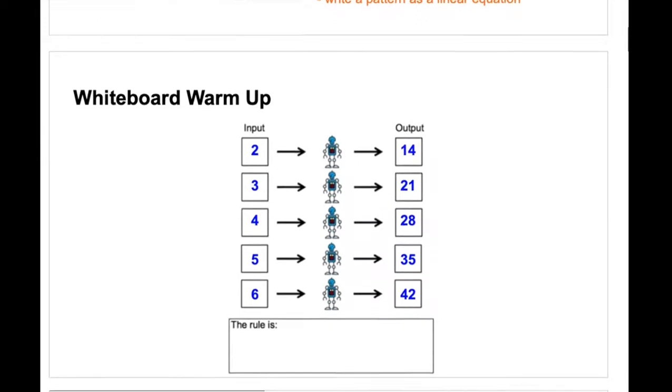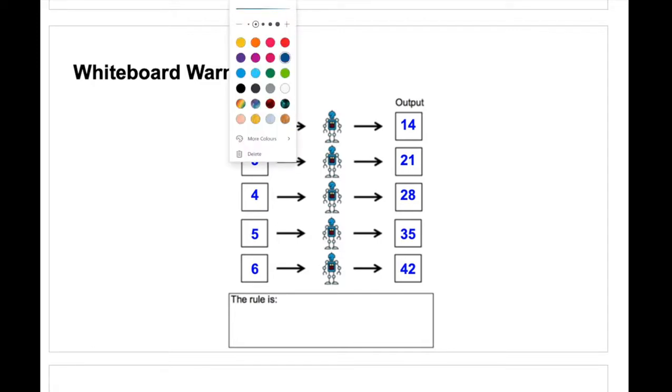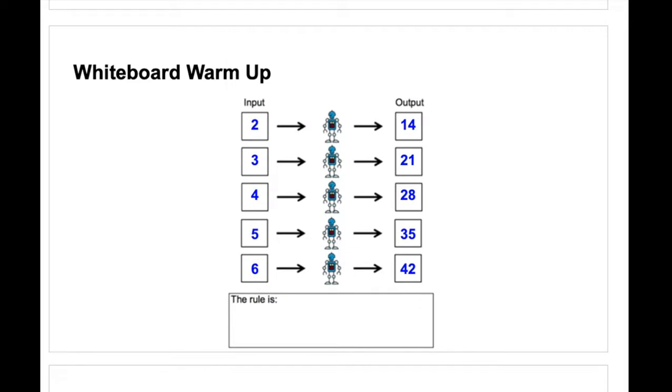So as a warm-up, looking at the input, if I input these numbers into the robot, they follow a rule and give me an output. So we want to think about, what is the rule? What are the robots doing to the input numbers to get the output numbers? Now, you might be able to look at the input and the output right away and figure out what the rule is, or it may take some time, it may take some trial and error with a calculator, which is okay. But if you take some time and think about it, you should find that the rule